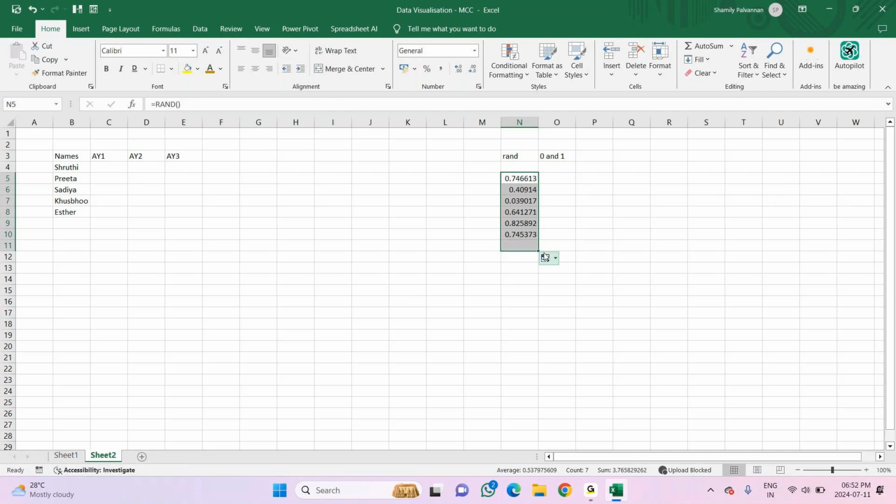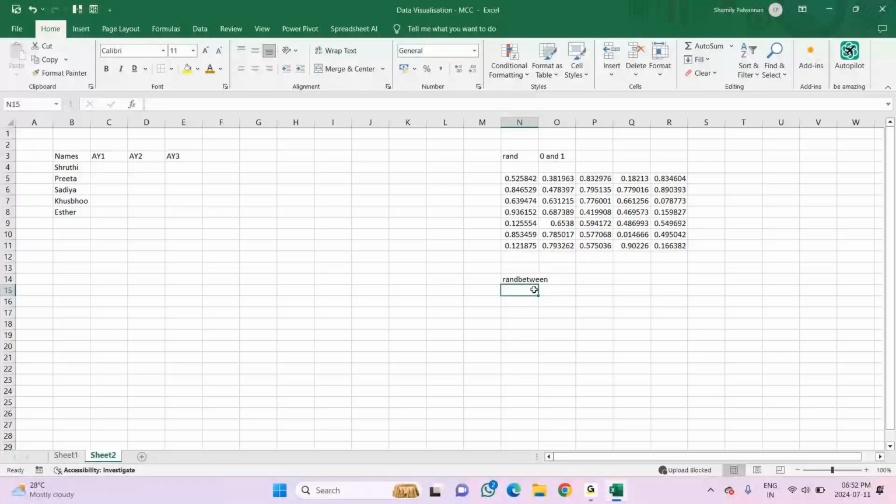Now, next one. Observe the changes now. I'm typing rand between, then I press enter. See, automatically this value keeps changing. What rand between will do is give you numbers between a range, whatever range you specify.